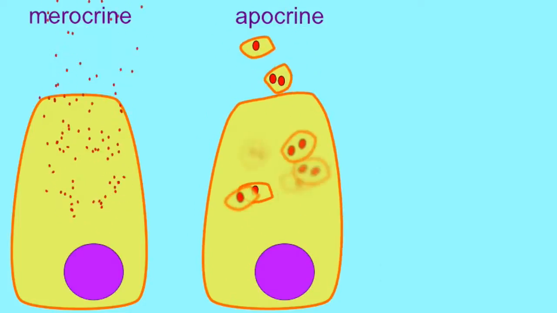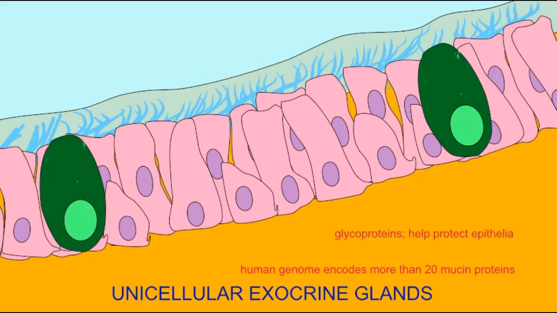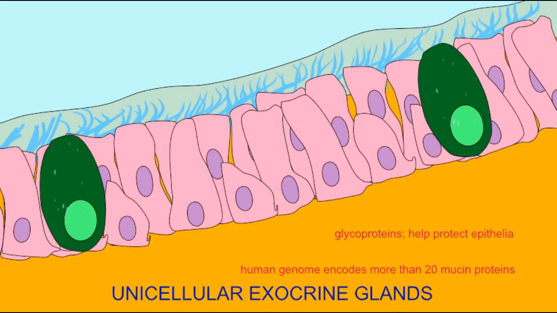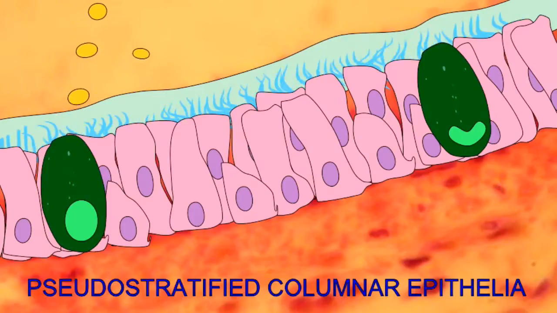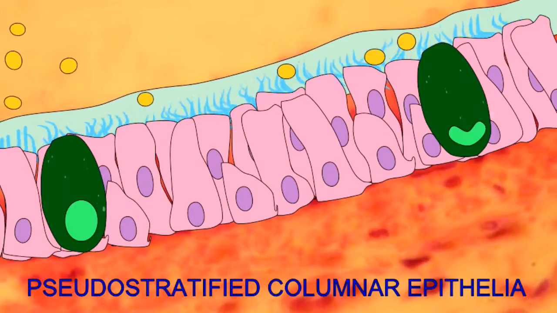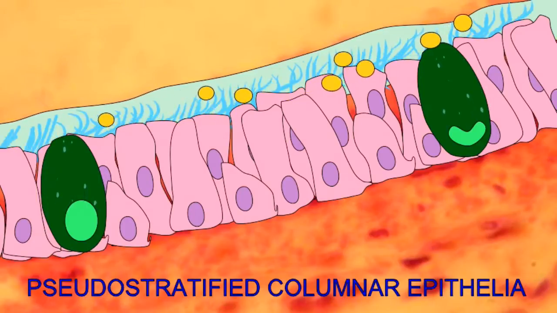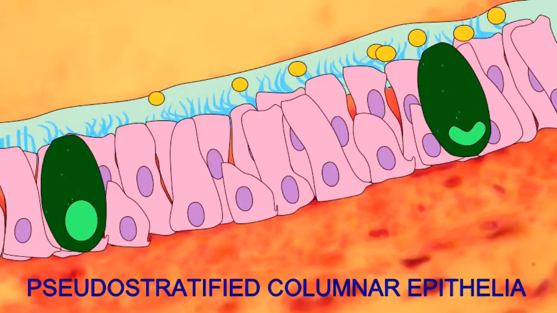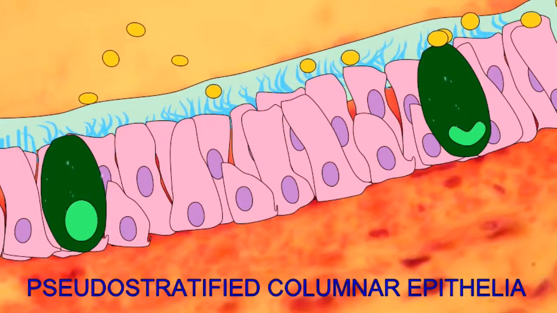Goblet cells can be found in a number of regions of the body, such as the reproductive tract and mammary glands, but they are primarily found along respiratory passageways, as is depicted here, and the mucus which they produce traps debris, smoke, dust particles, diesel particles, so that the ciliated cells can then sweep the mucus which has trapped the debris